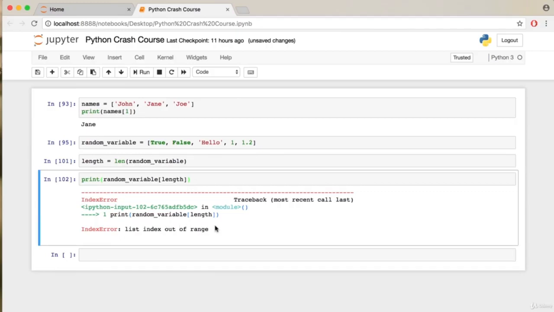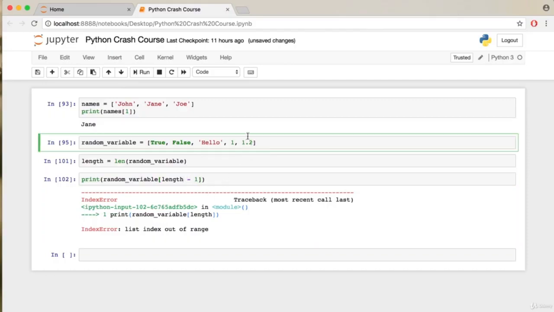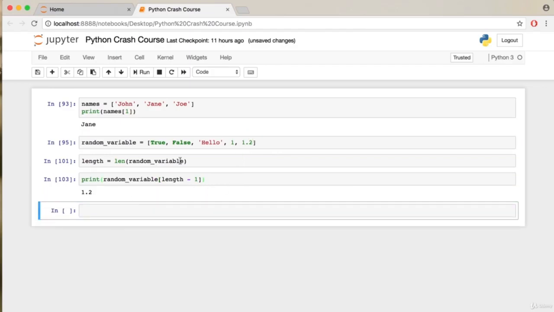Why? Well, think about it. The length of the list is 5. The first element has index 0, second 1, third 2, fourth 3, and fifth element has an index of 4. So what can we conclude? The index of an element corresponds to the position of the element in the list minus 1. So we can retrieve the last element by reducing the index by 1. 5 minus 1 gives us 4, which corresponds to the last index in the list, outputting the desired result, 1.2,